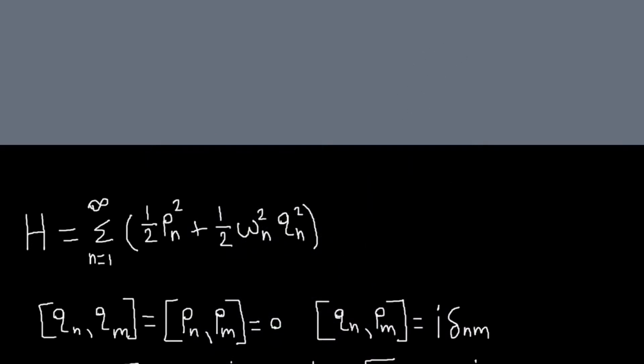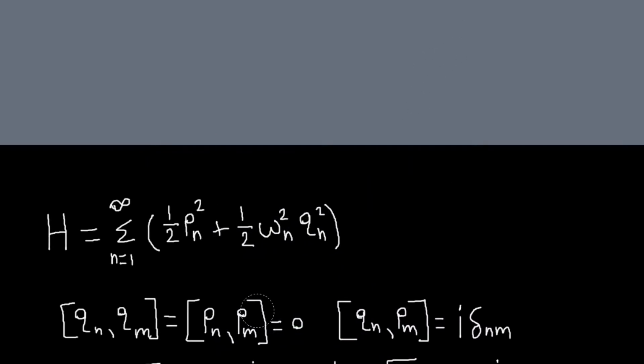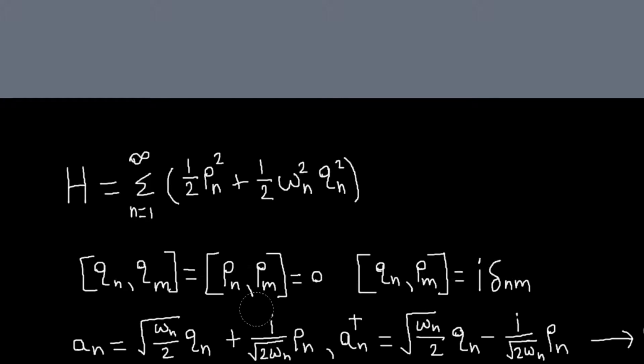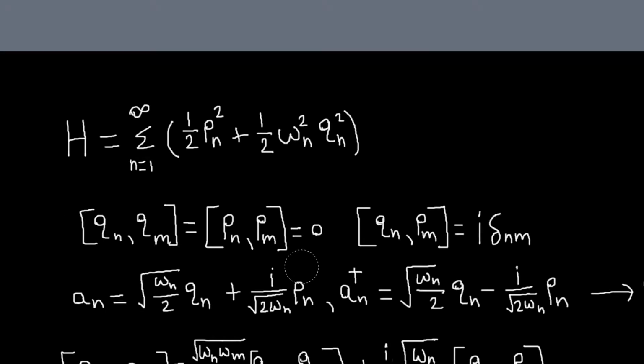Okay, so this is the first problem from the second problem set from David Tong's lecture notes. It's just working with the Hamiltonian for the string problem that we did in the first problem set. And basically he just says, given these commutation relations for our generalized coordinates and momenta, and given these definitions for our raising and lowering operators,